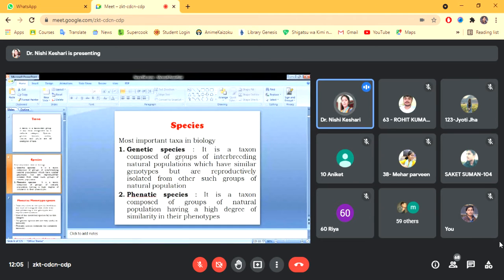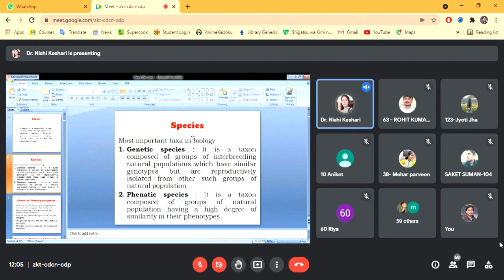pathotypes, biotypes. I told you in ecology class that some individuals of a particular species behave differently in their biological behavior. So again they are classified into biotypes, pathotypes. Some are classified into races. So these all taxa are called lower taxa. So species is actually the most important taxon in biology